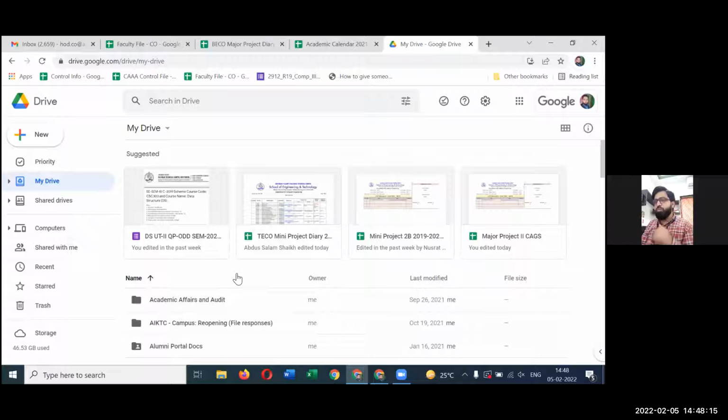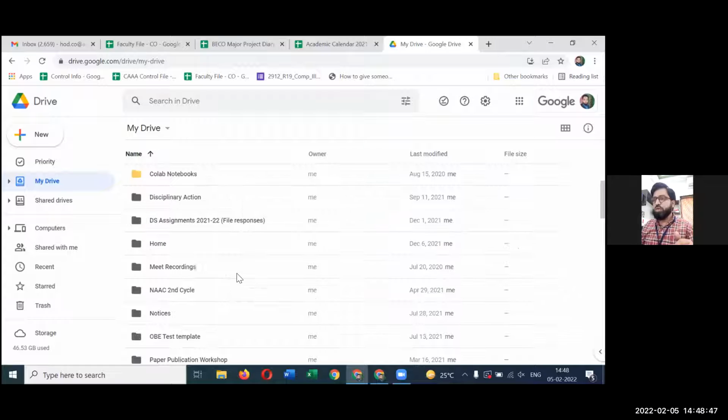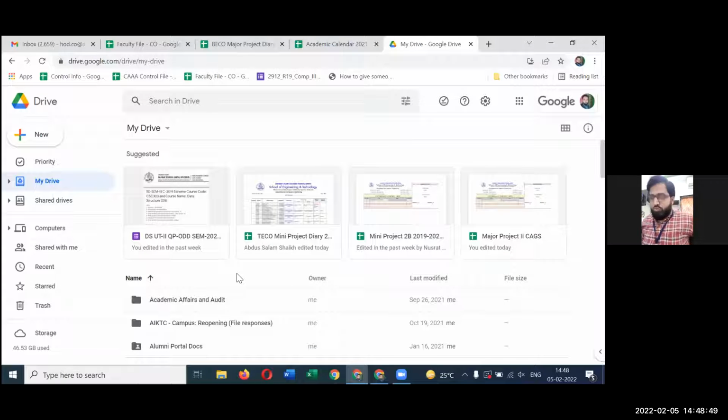Fine. Now to maintain your data into the Google Drive, we must maintain a proper structure. I repeat, we must maintain a proper structure. What does it mean? It simply means that if you want to maintain the data regarding your course, we should maintain proper hierarchy, or a proper structure, for keeping that data. I mean to say that suppose I have a course X, fine, and I want to maintain data for that course X.